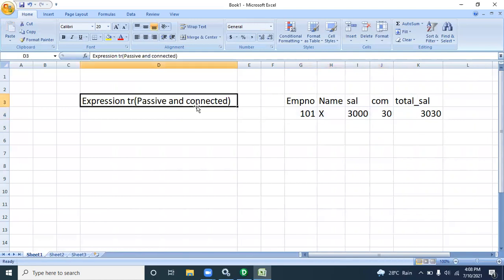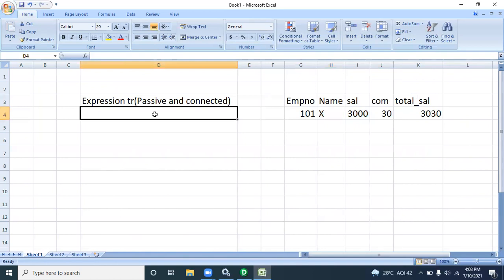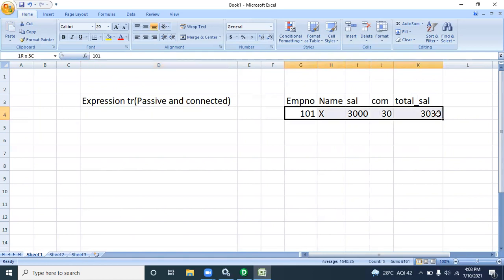Why is it connected? Same as filter transformation, it's connected to other objects, maybe source, maybe target, or another transformation. Up to this, everyone is clear, right? Yes. This type of logic we have to implement in the expression transformation.